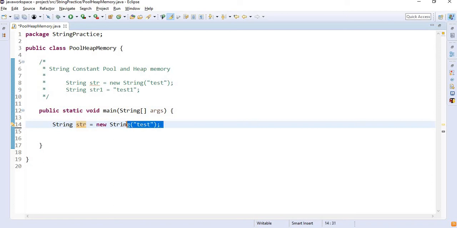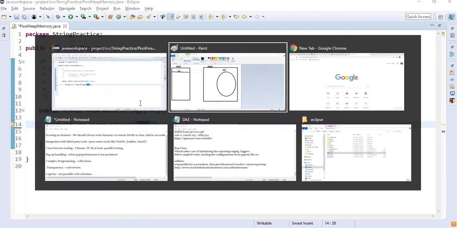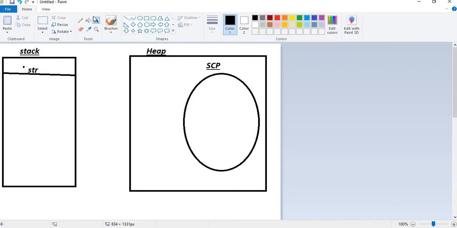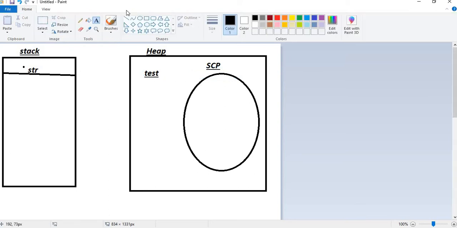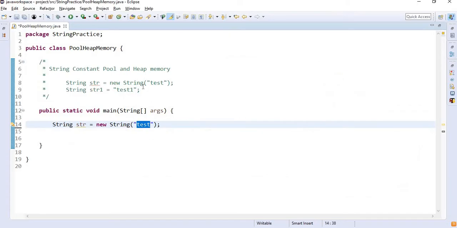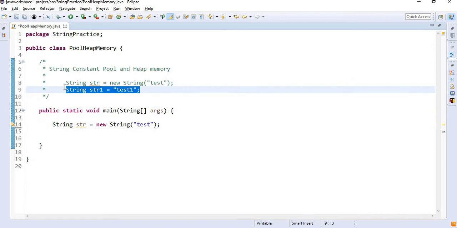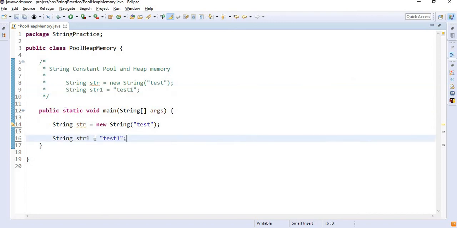Whenever we assign a value to a string with the new keyword, the value gets stored into heap memory directly. So the value will get stored into heap memory, and now this address will refer to this test value.